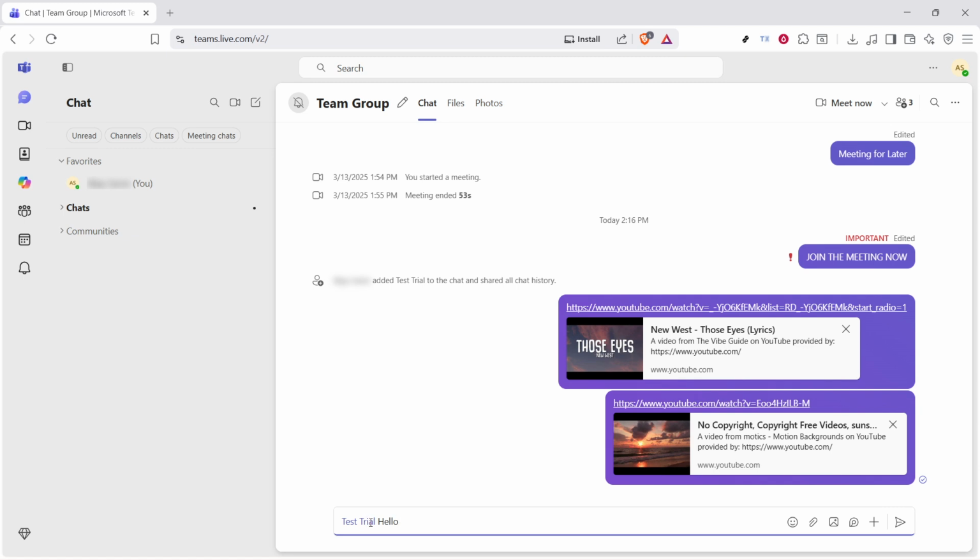And that's all there is to it. To use Microsoft Teams mentions, go to Chat, type the @ symbol followed by a name, and then choose the right person from the pop-up. It's a quick feature, but it makes communication clearer, more direct, and much easier to